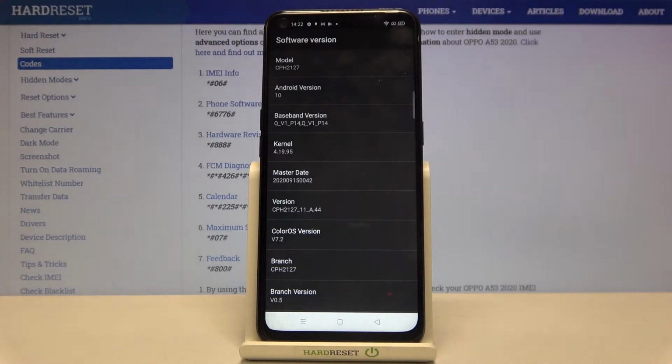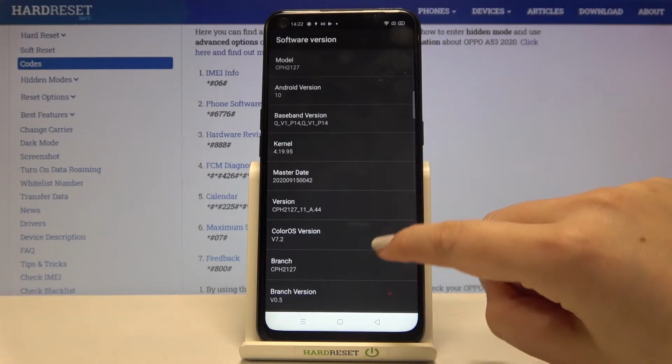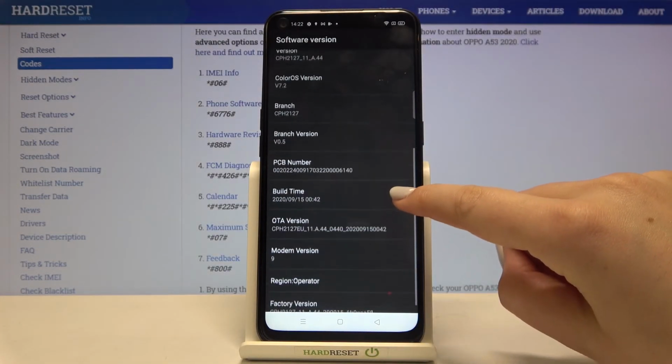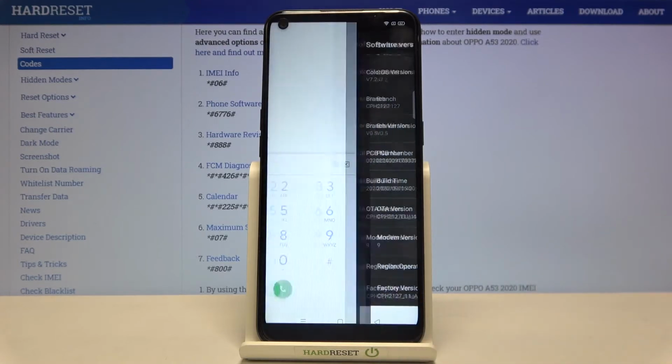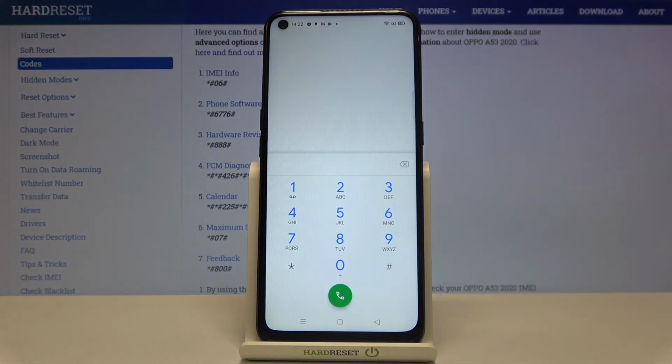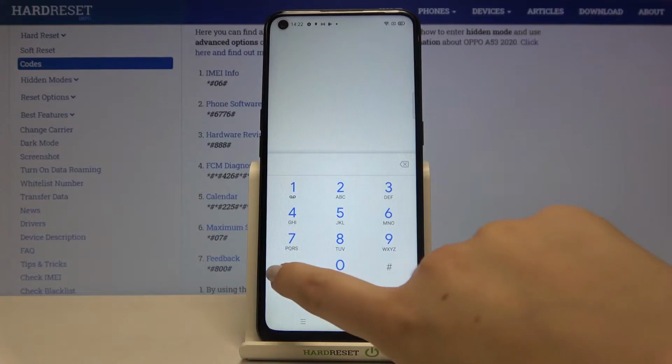*#6776#. And as I said, here we've got the software version, so here we can check the model, master date, branch or build number, actually a lot of info attached to the software version. Let me get back and let me show you another code for the hardware revision, and it's